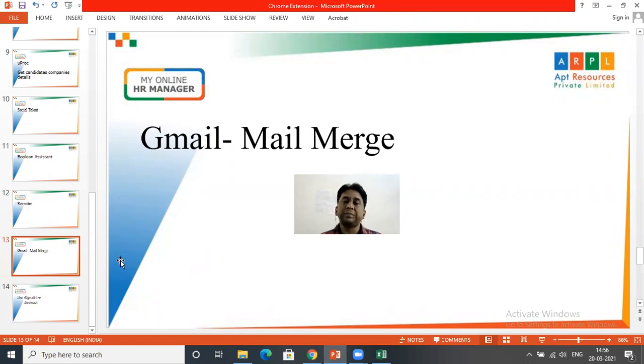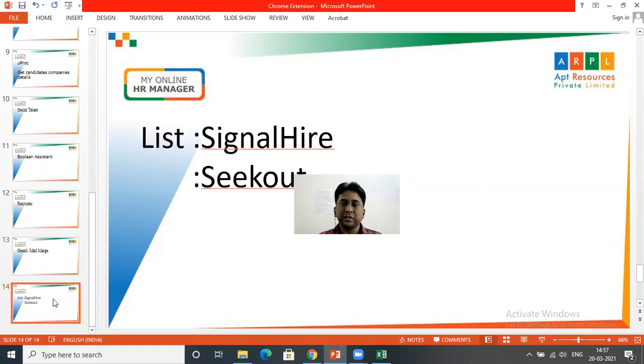We have also seen a wonderful Chrome extension called Boolean extension, wherein you just put your job title and you get the keywords automatically. So again, Recruiting, wherein you can find resumes without typing any Boolean string in different websites. So again, there are certain other lists also, Signal Hire, Seek Out, and many others. It's not limited to that.